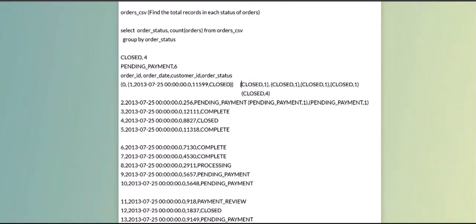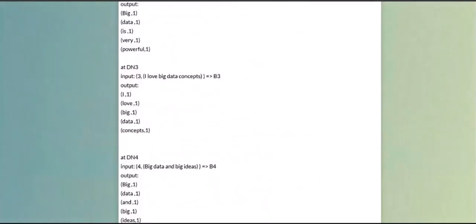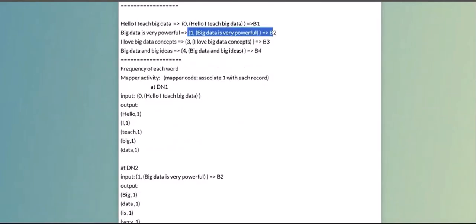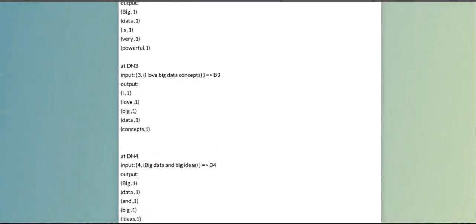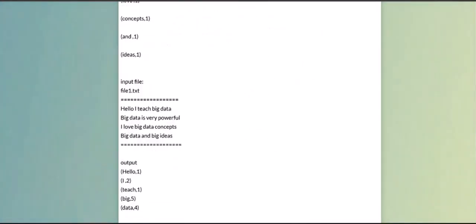So in the next class, I would encourage any of you to present how this activity happens. I would want you to give me a complete picture of how this flow would look at block one. This kind of structure would happen, this kind of activity will be happening. Then after that, we will be having shuffle, then we will be having sort, and then we'll be having